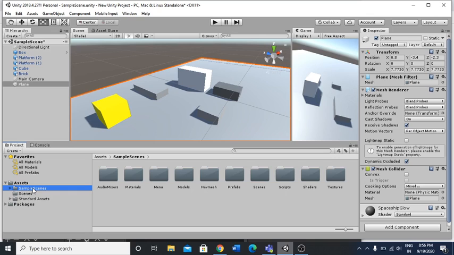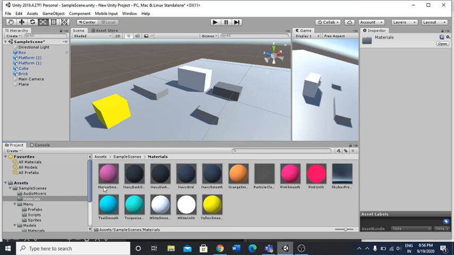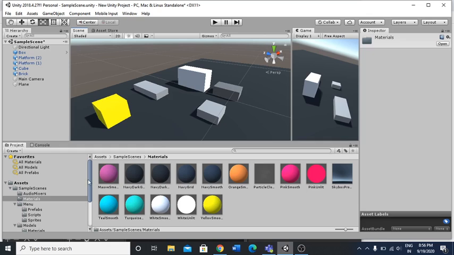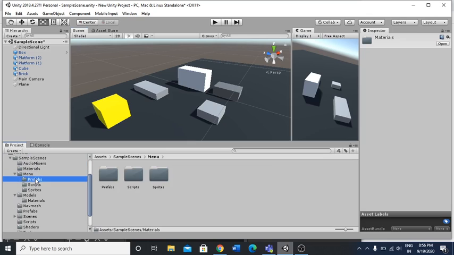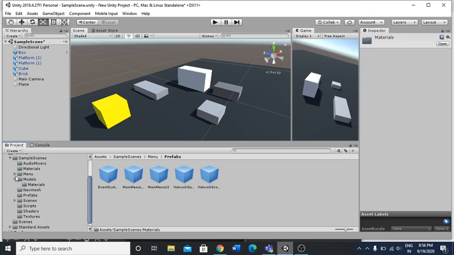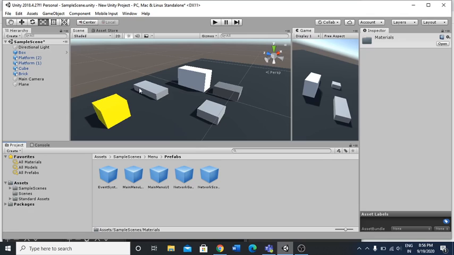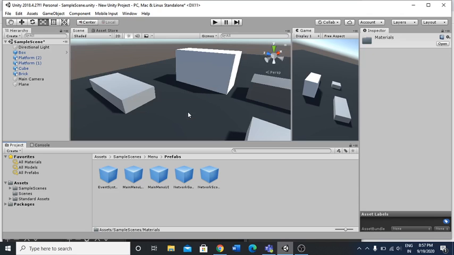Now from this sample scenes folder, here you will get to see different kinds of textures that you can make use of for your game or whatever you're making. And inside this menu option, we have got several other options, but we need not use this for now. What I've done is I've defined a plane here, and there are some containers that I've kept over here, as you can see.